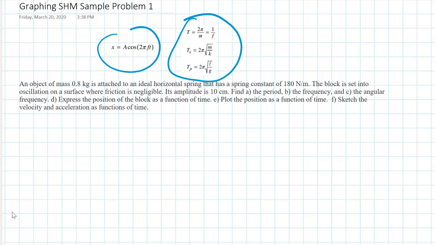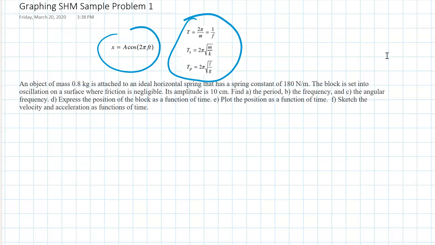So we have an object of mass 0.8 kilograms attached to an ideal horizontal spring that has a spring constant of 180 newtons per meter. The block is set into oscillation on a surface where friction is negligible. Its amplitude is 10 centimeters. We want to find A, the period, B, the frequency, and C, the angular frequency. We then want to express the position of the block as a function of time. We want to plot the position as a function of time, and we want to sketch the velocity and acceleration